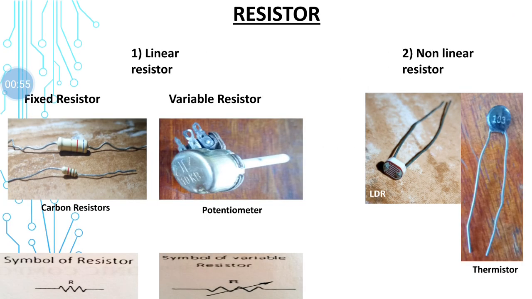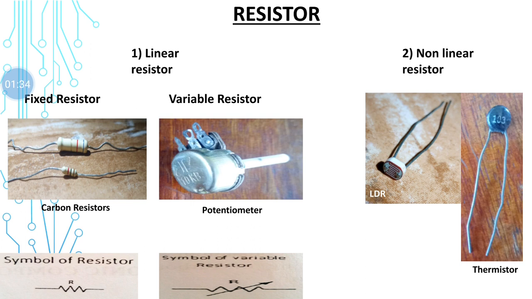Among passive components, the resistors are further divided into linear resistance and non-linear resistance. Linear resistance is further classified into two: fixed resistance and variable resistance. For fixed resistance, you can see a carbon resistor, and its fixed resistance symbol is shown here below the carbon resistor. And for a variable resistor, you use a potentiometer, and its symbol is